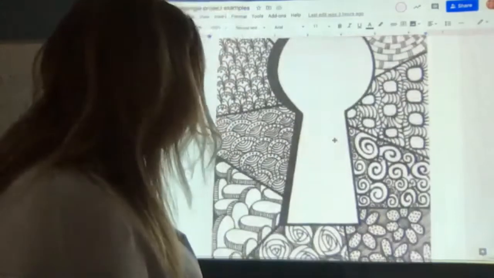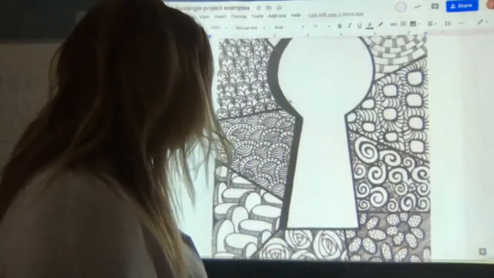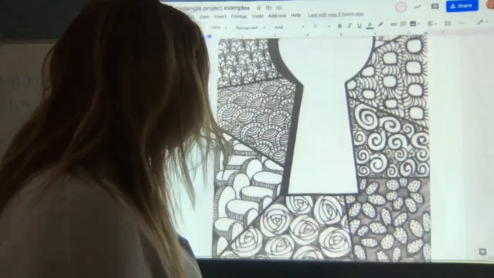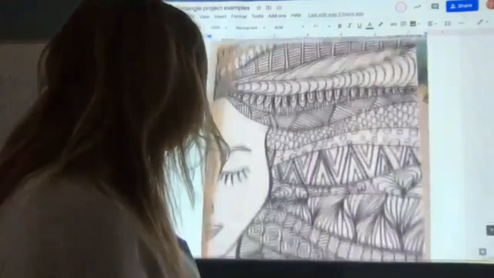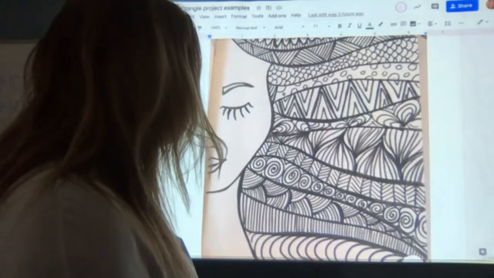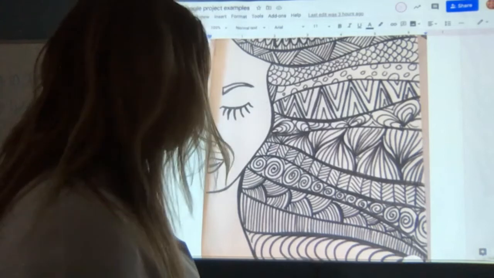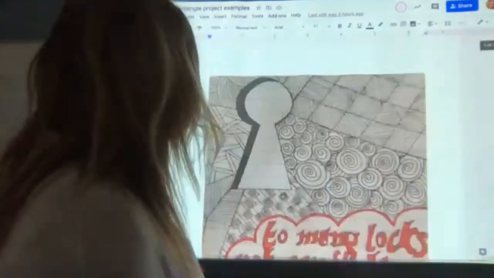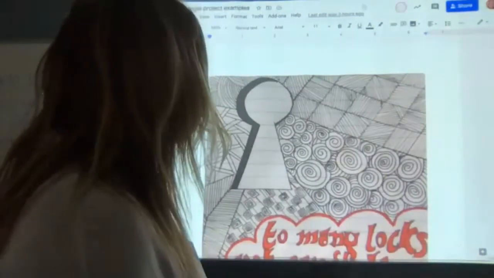And here's another one, a lock. Maybe take the idea of a lock and what's going on in here. I love this one too. Or maybe you just do a silhouette of yourself and you have Zentangles in the background. Maybe there's music and lyrics. This should be a fun project,